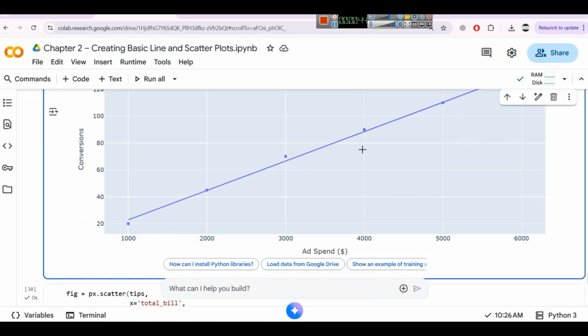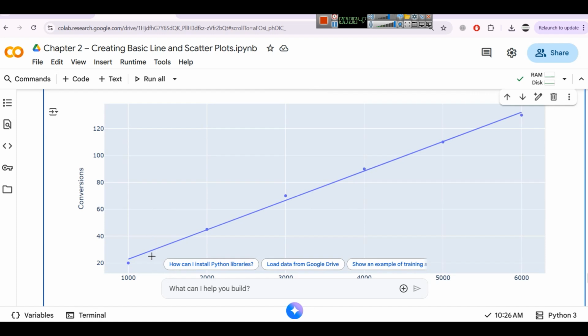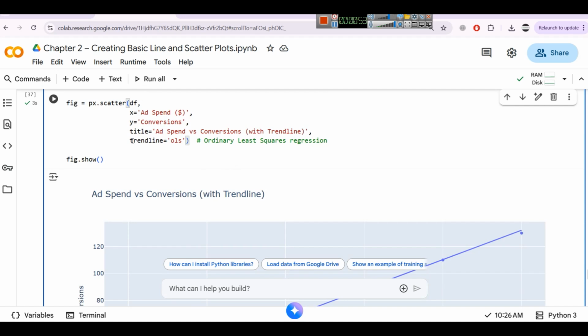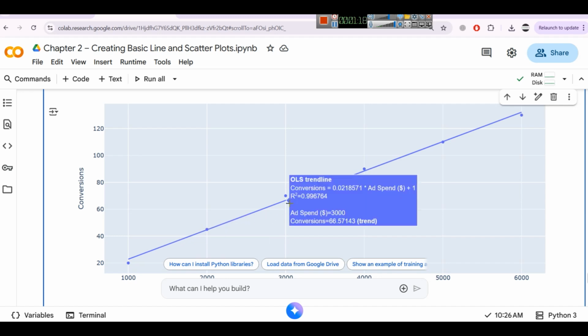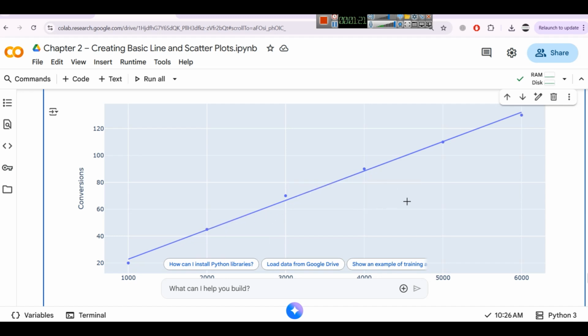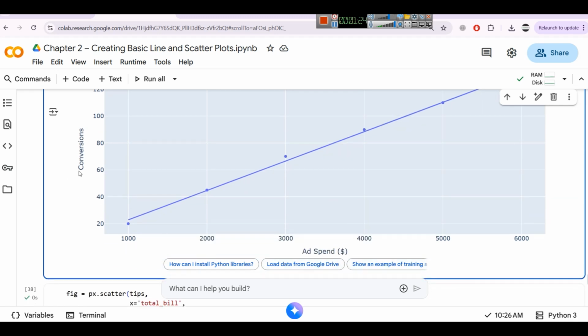So here is the trend line. If we want to put this trend line, which is used for linear regression, you can add an additional parameter here called trendline equal to OLS, ordinary least squares regression. So in linear regression, we create this line of best fit between our scatter points. You can see these scatter points are not in a perfectly linear trend. So this line is kind of representing that trend, the relationship between ad spend and conversions in a